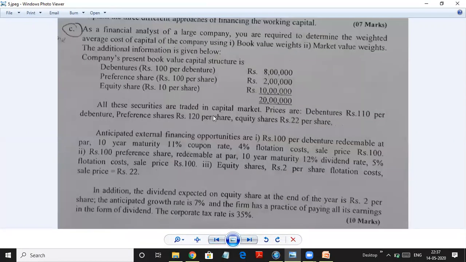So to find the specific cost, I have used the second and the third paragraph. I have not used the first para. The first para we will use later when we have to find the market value, because the first para tells you the current capital market price at which the securities are traded. When we calculate specific cost, we don't look at the current traded value, but at how much we will receive after issuing. So we are interested in the sale price. This data we will use when we find the market value.